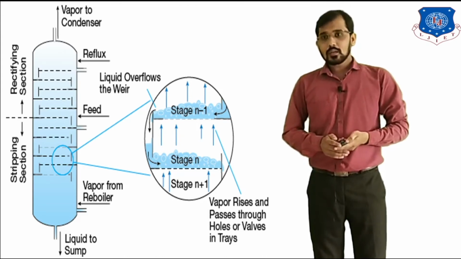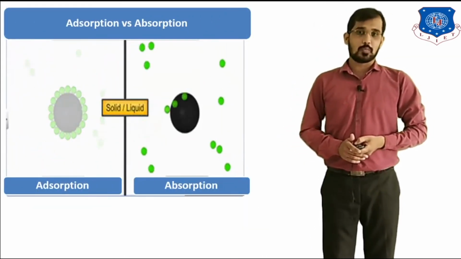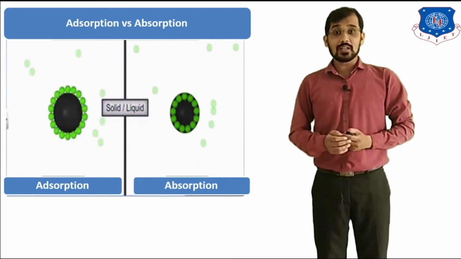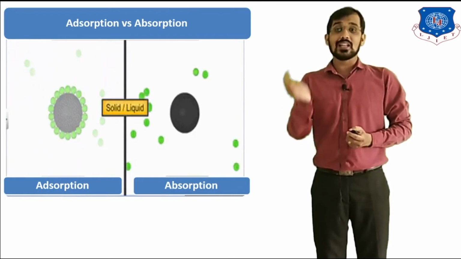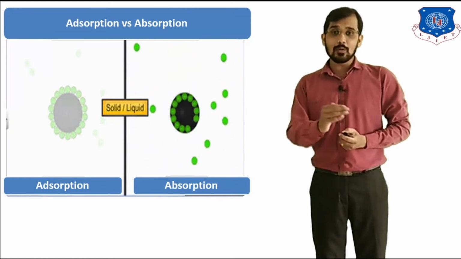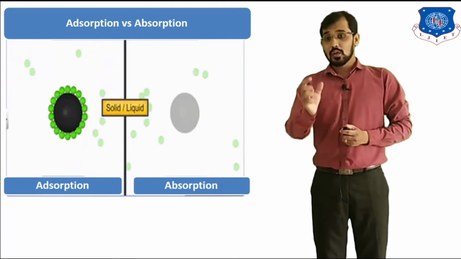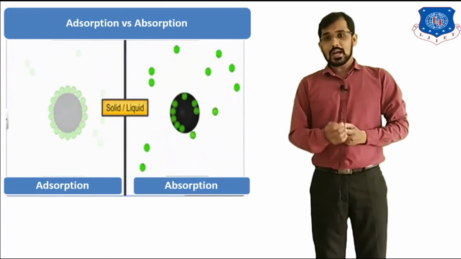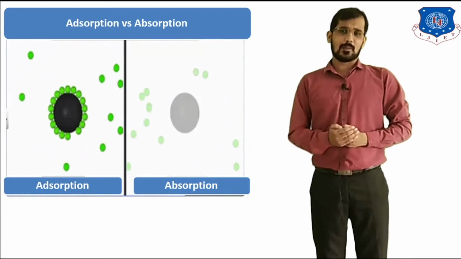Okay. Next one. Now I will discuss adsorption and absorption. I already told you the meaning of adsorption. Adsorption is a surface phenomenon in which one substance accumulates over another substance, and absorption means one substance is penetrating into the other substance. You can see the adsorption process on the left side. The green molecules are getting adsorbed over the charcoal, and on the other side you can see the green molecules penetrating into the other substance.